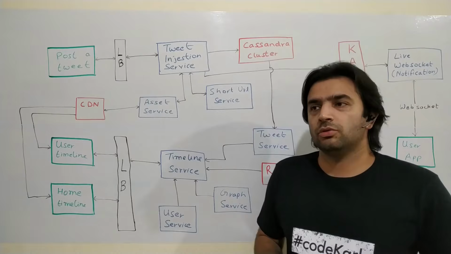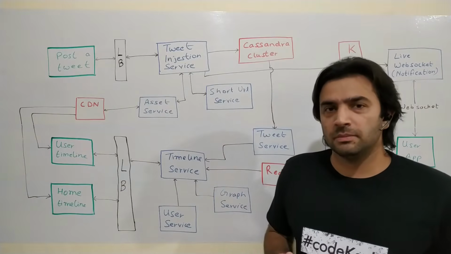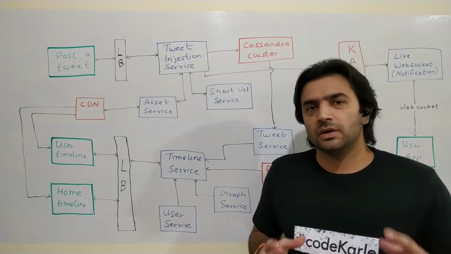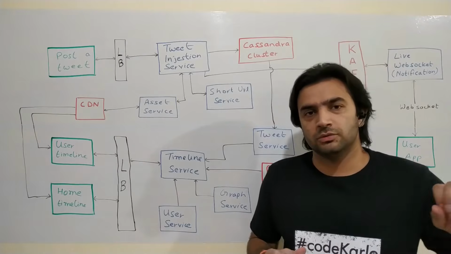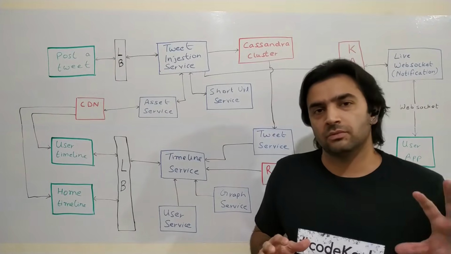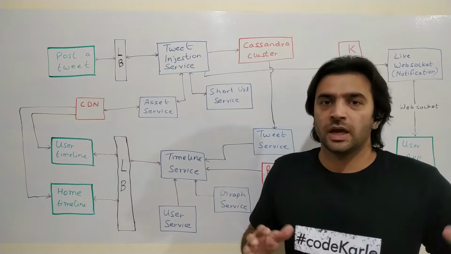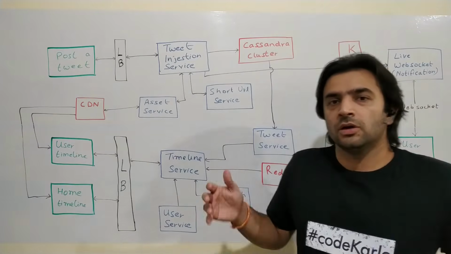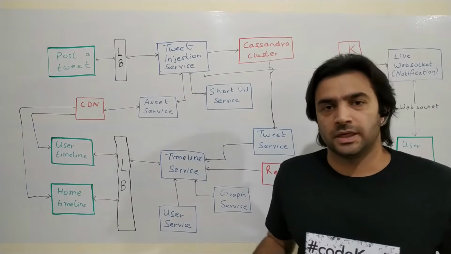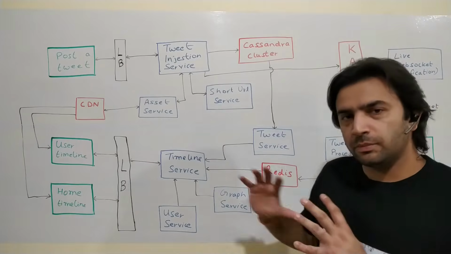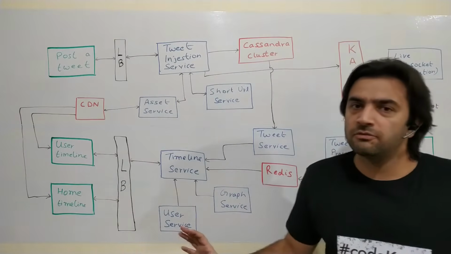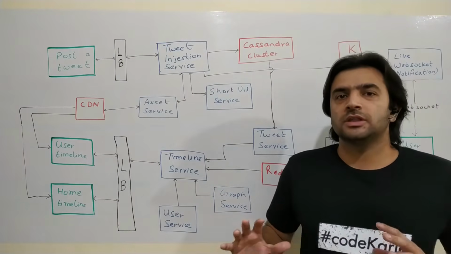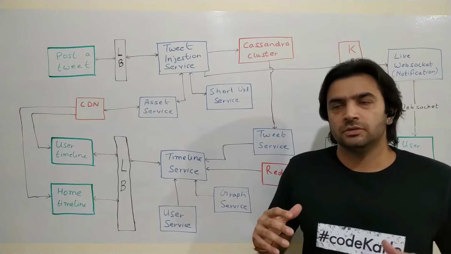Making this query at runtime would be something like: first of all, fetch all the people that a user follows, and once you have that list of people, get all their tweets and then arrange them. That would be a very naive implementation,